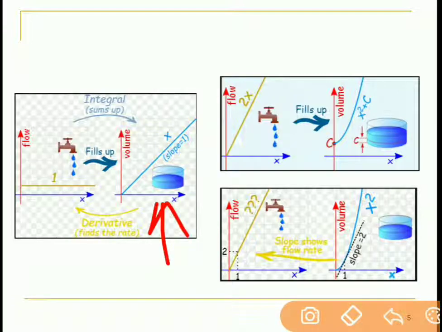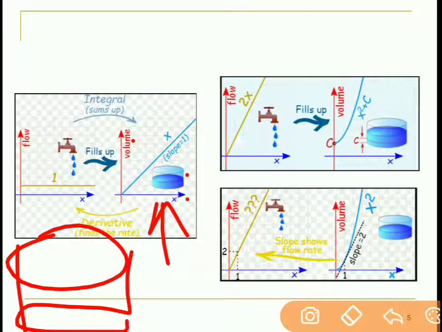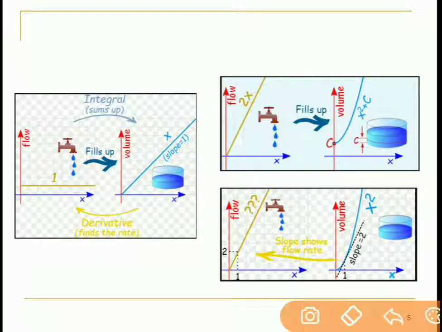The second graph represents the volume of the water inside this tank with respect to time. As we can see, if the flow rate from the tap is constant, then slowly the water will rise inside this cylinder. If water rises inside the cylinder, then the volume of water increases. Since the flow rate is constant, the volume will increase at a constant rate.